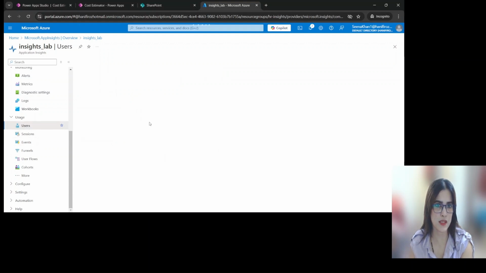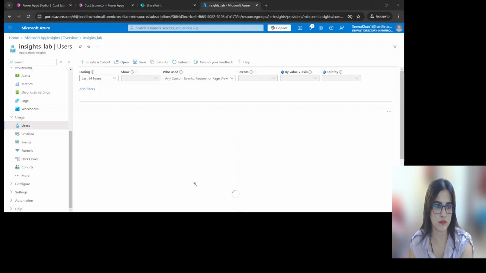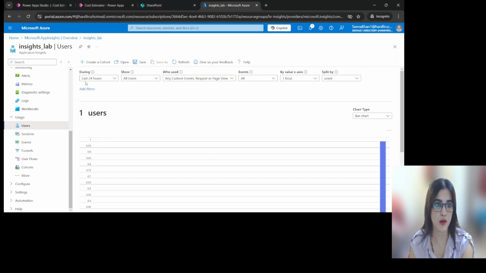Just click on the users, and wait for some time. So here at least one user should display. If at least one user doesn't show, edit the app again. Make sure that you provided the correct instrumentation key and then publish it again. Okay, so here I have seen one user,